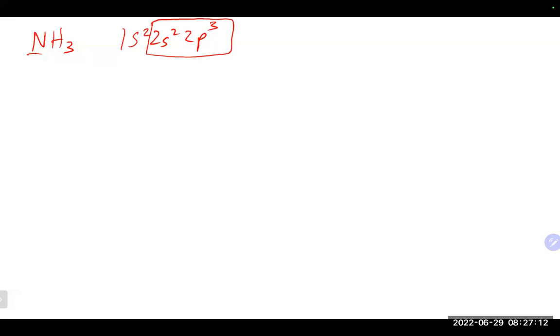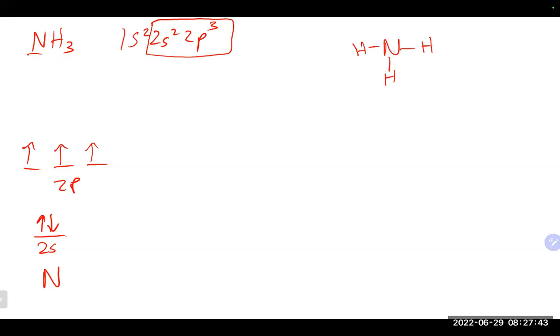So nitrogen here has basically 5 valence electrons, the ones in the box. And if we draw our little diagram here for nitrogen to see what's going on, we would start with our 2s orbital that has the 2 electrons in it. They would also have, obviously, our 2p orbitals, which has 3 electrons in it. And if we draw the Lewis structure here for NH3 like we've done before,